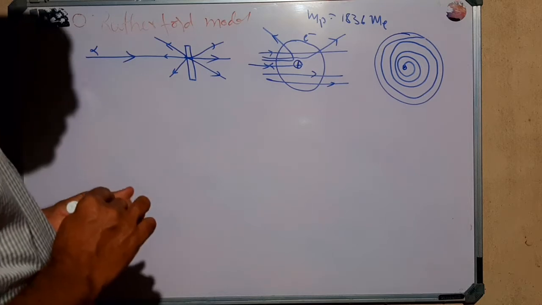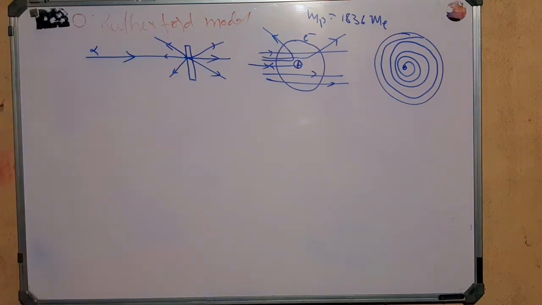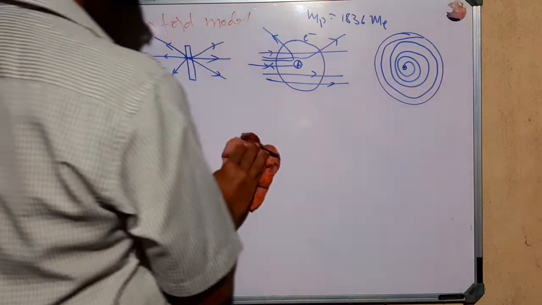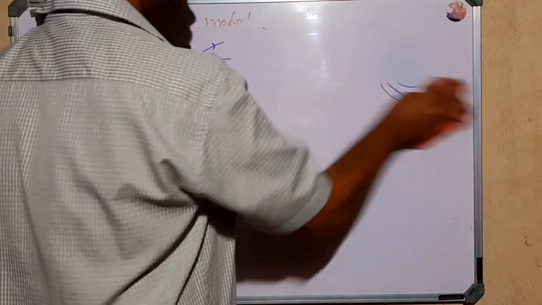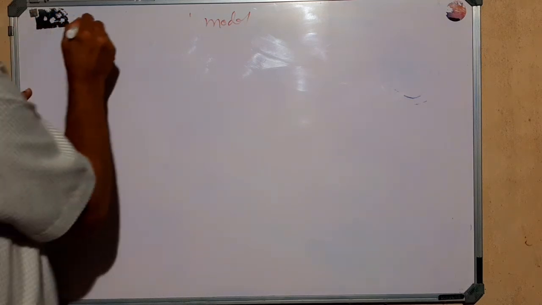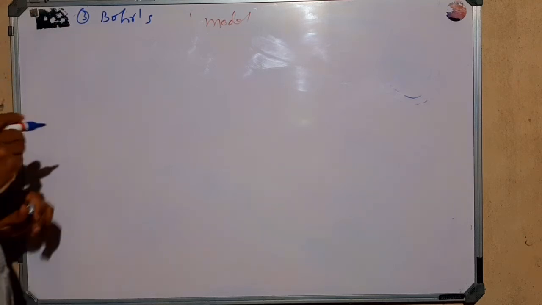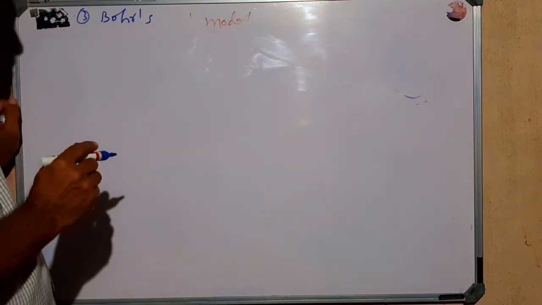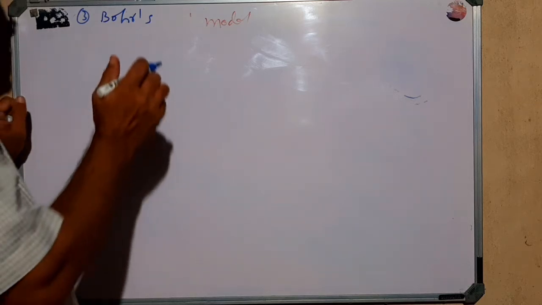So this model is also discarded. In order to overcome the difficulties present in this model, Bohr proposed a theory, that is nothing but Bohr's model. According to Bohr's model, just a correction to the Rutherford model, according to Bohr,